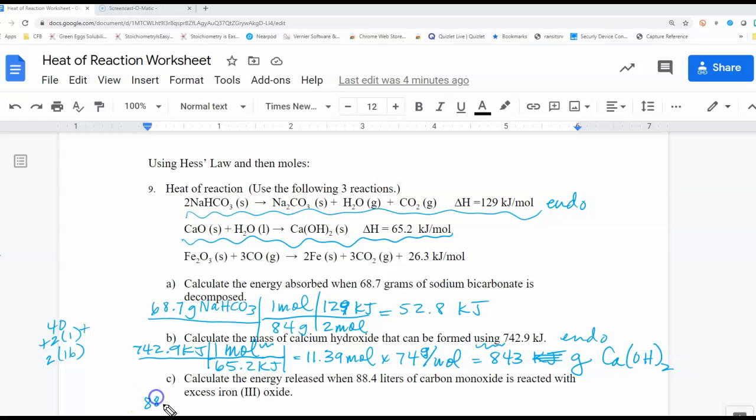So there we have 88.4 liters of carbon monoxide, CO, reacted with excess iron(III) oxide, and it's really not giving us much more information other than liters of carbon monoxide. And so what we have to figure out is simply a mole ratio. And so we're going to have to make an assumption with this problem, and that is that